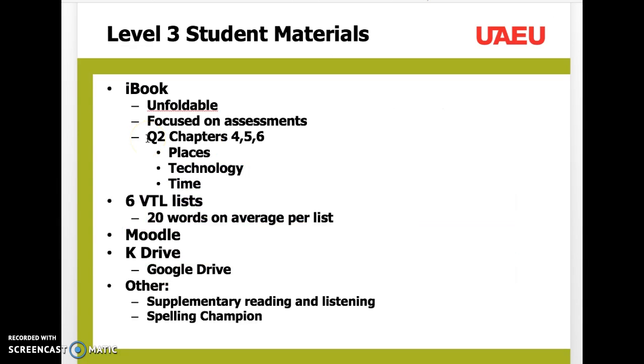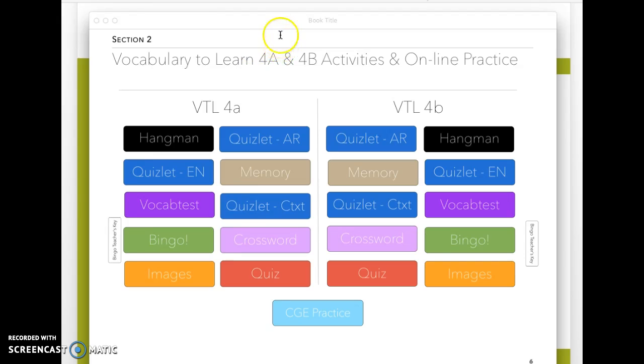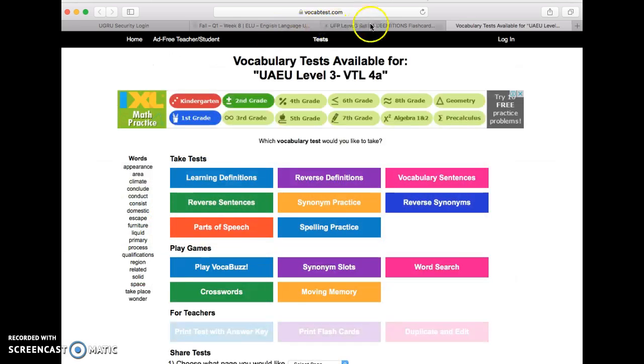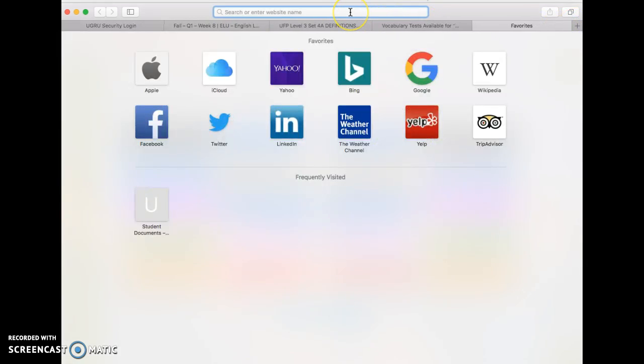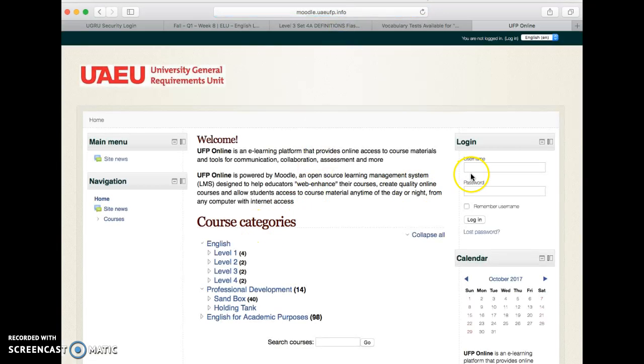We have 6 VTL lists, so there are 2 per chapter, and there's about 20 words per list, although that drops a little bit as we get towards the end of the quarter, and you'll see more like 18 words and things like that. We also have a Moodle page, and the Moodle page has been designed to match up with